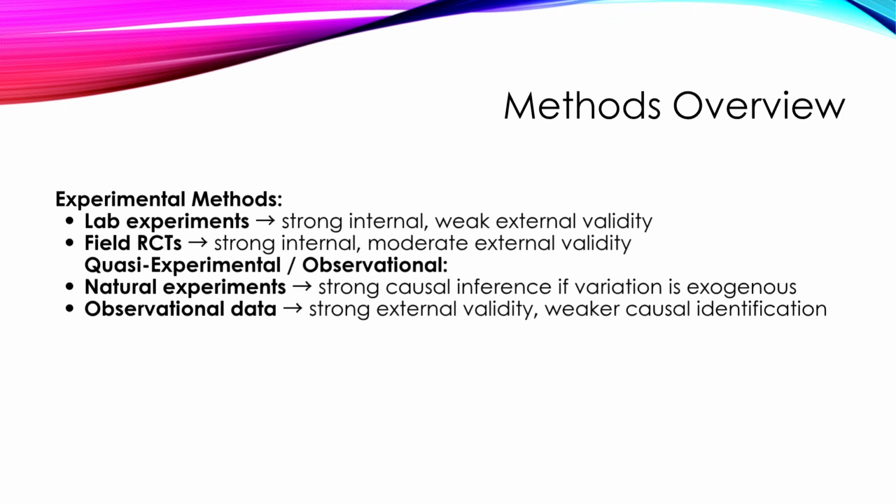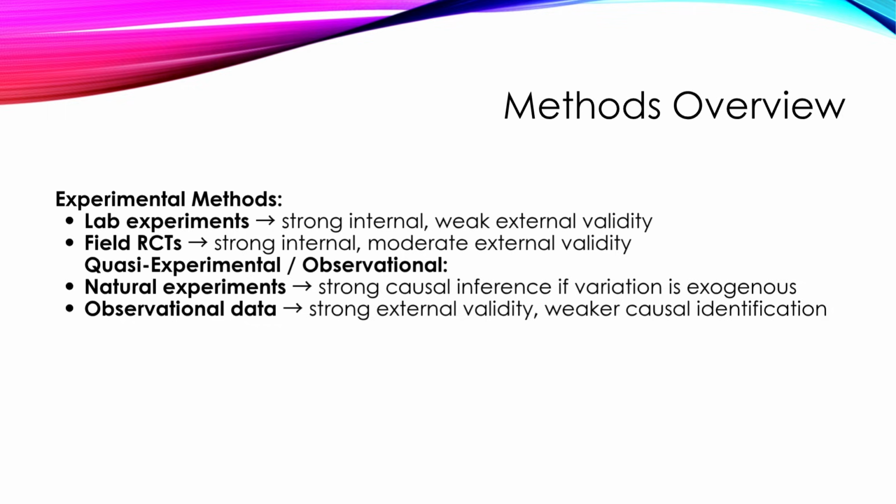And then we have observational data, for example surveys. These analyze naturally occurring data without researcher intervention. Internal validity is weak. We have the risk of confounding factors, but the external validity is strong, as data reflects real-world diversity. So in terms of use case examples, lab experiments could be used for testing psychological theories in controlled